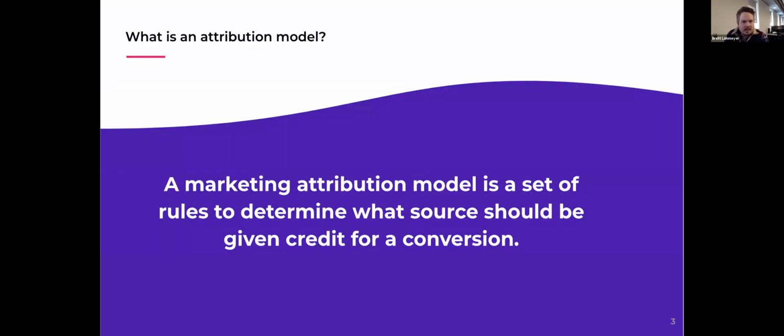So at its core, a marketing attribution model is a set of rules to determine what source should be given credit for a conversion. But really, how are these rules created and why? I'll say this: we really don't get into mathematics here, but it is about mathematical modeling. A lot of these models are very simple though. A few are kind of complex, but a model is really a powerful tool that's been used to, say, land astronauts on the moon,